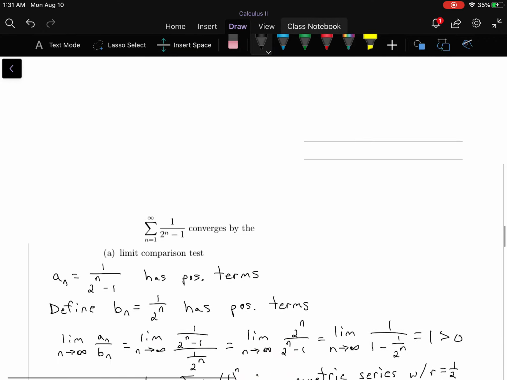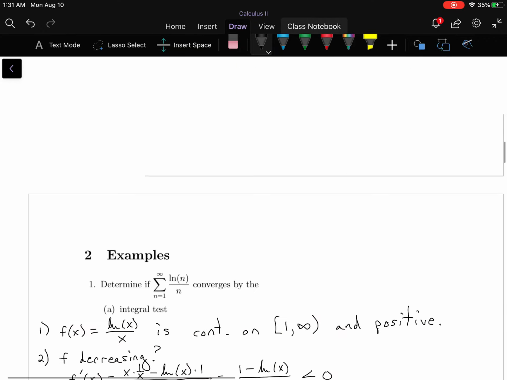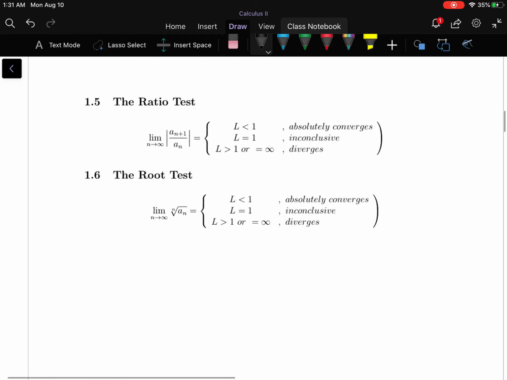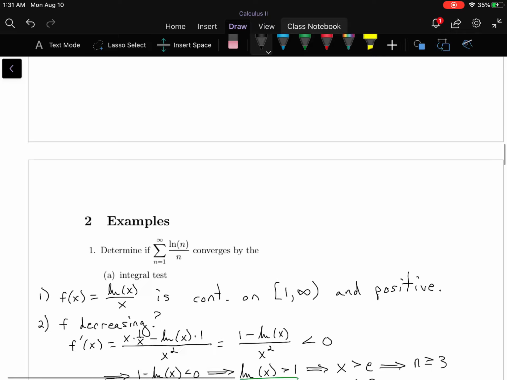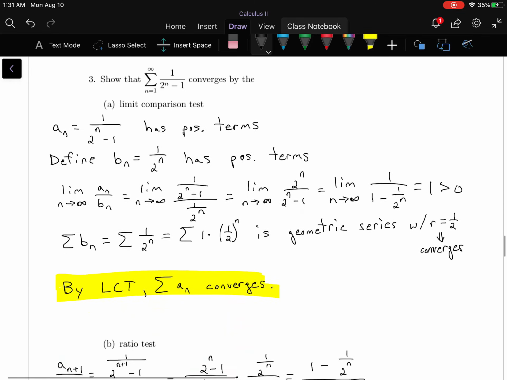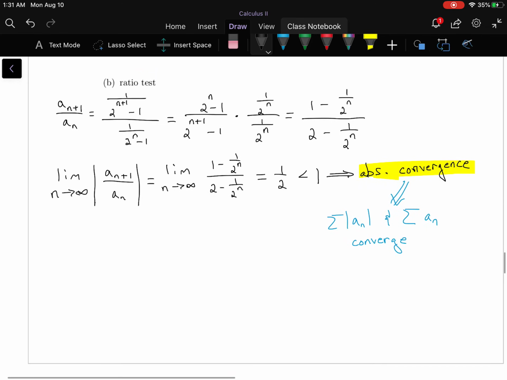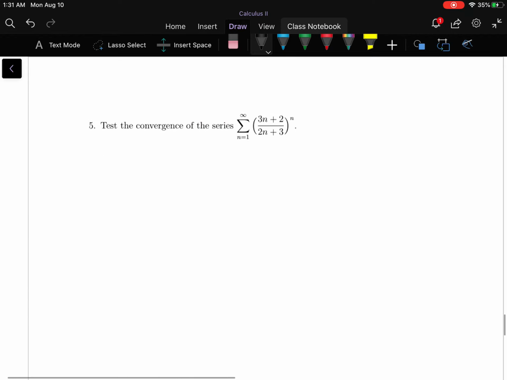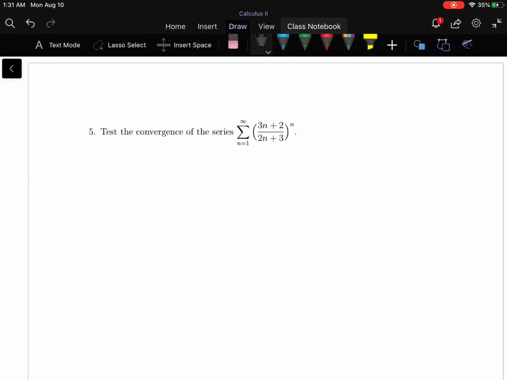And so I recognize that, well, if I use the root test, notice the root test is the limit of the nth root of the an part. So nth root is an to the 1 over n power, which is neat because when you have a sequence or a series where the sequence part is to the nth power, the root test is going to remove that n power term. And so that's my indicator of what method to use. So the root test,